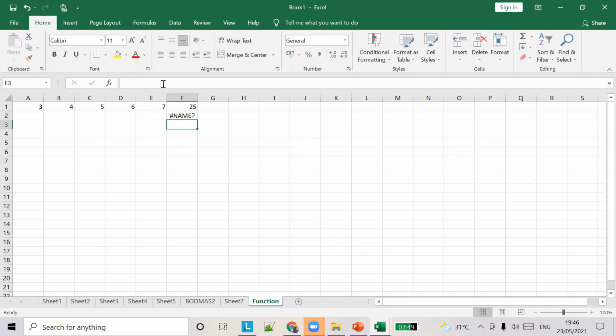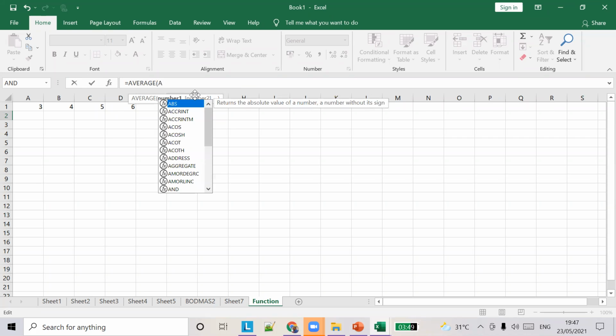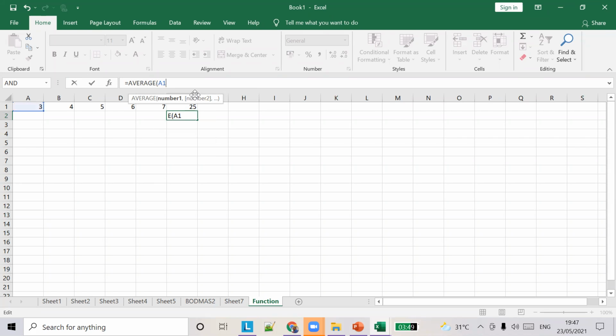If you want to calculate the average of a range of cells, you can do average, and you can give the cell range. So what is the cell range? Can anybody tell me what's the cell range for this? I want to add all these numbers. What do I have to pass in the average function if I want to calculate the average? A1 to E7. What is the symbol?